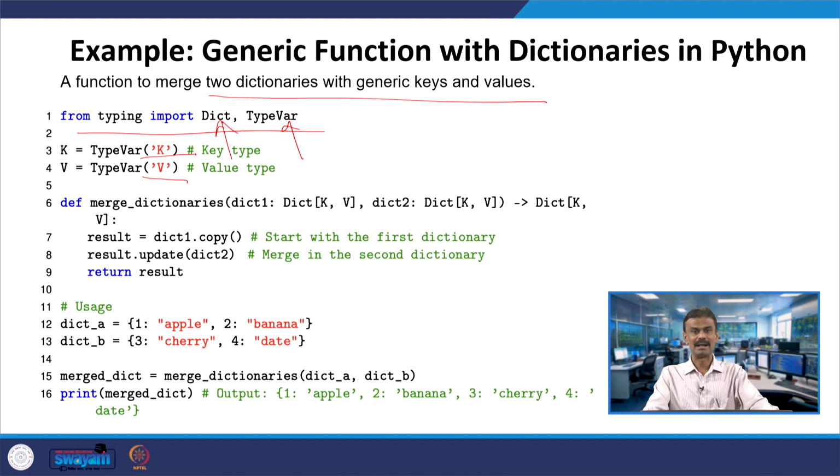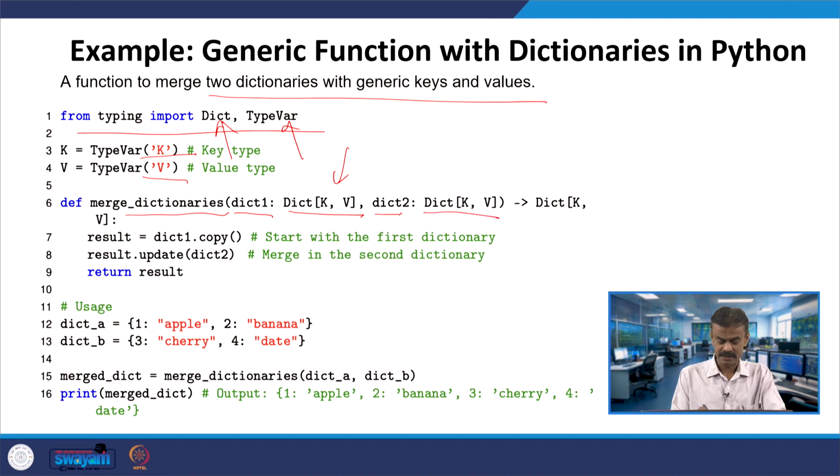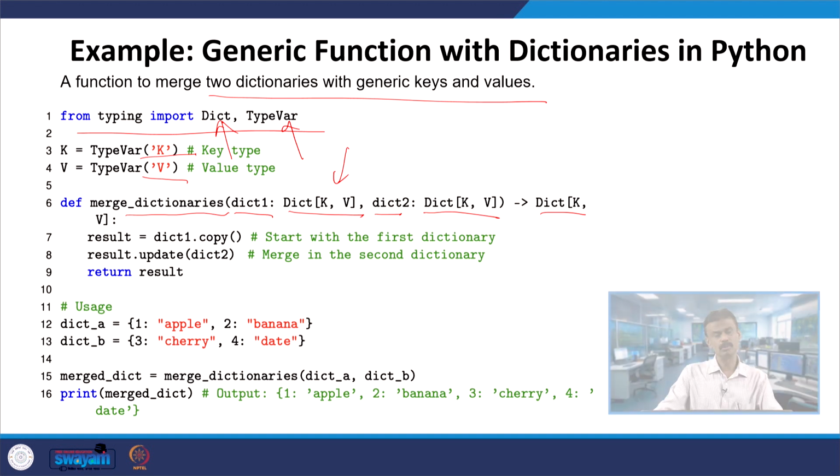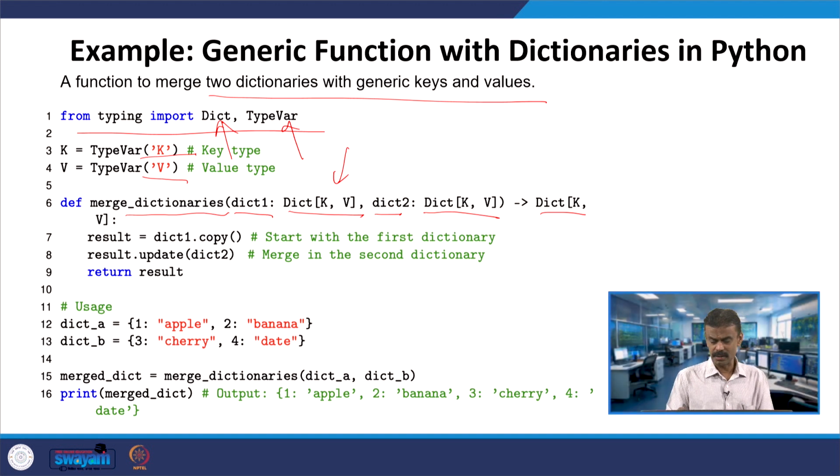It is like a template class, where you define S comma U, if you recall in C++, right. Now I define a function, merge_dictionaries, all right. You use a dictionary, call it dictionary 1, and another dictionary, call it dictionary 2, and the return type, if you look, is Dictionary[K, V]. It is like adding two complex numbers: C1 is one complex number, C2 is another complex number, and the addition gives you a third complex number. So, here the return type is another dictionary in the form K, V.